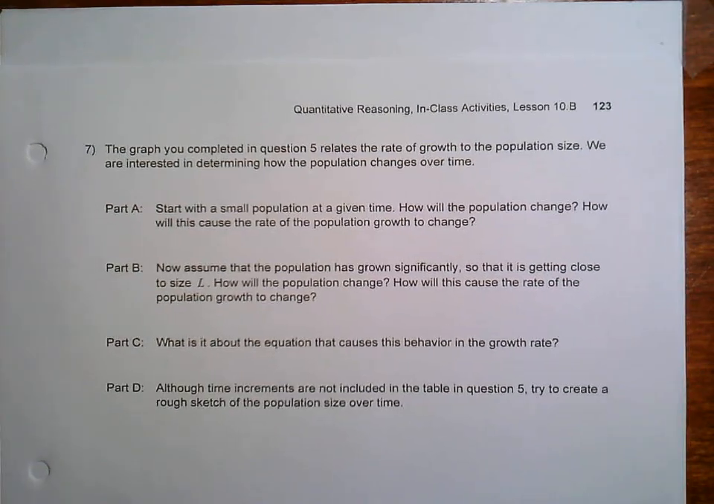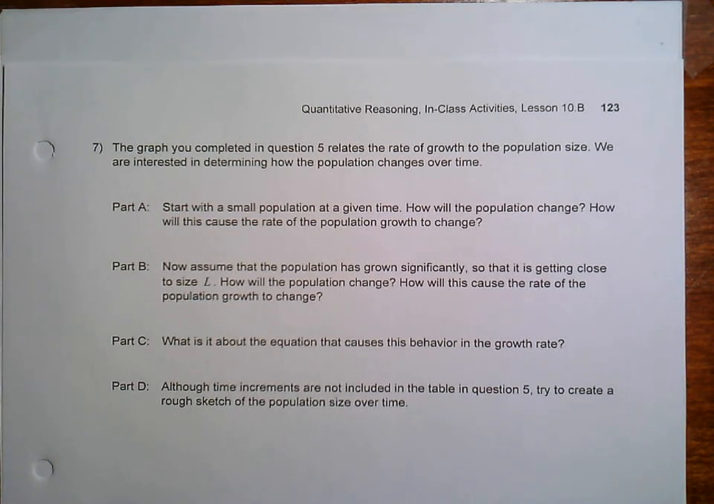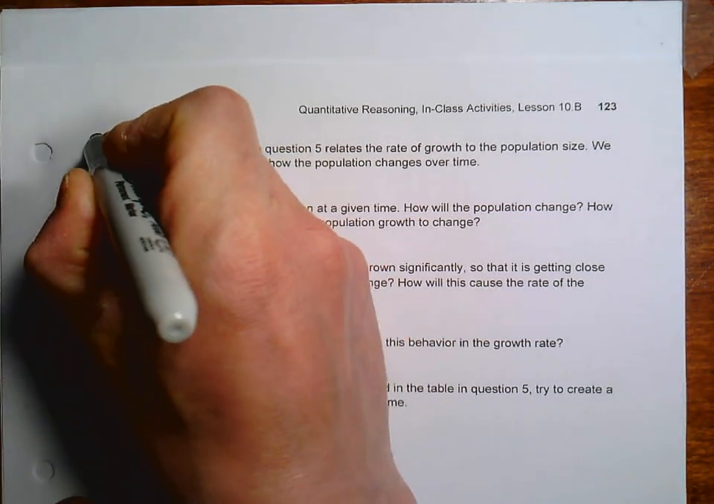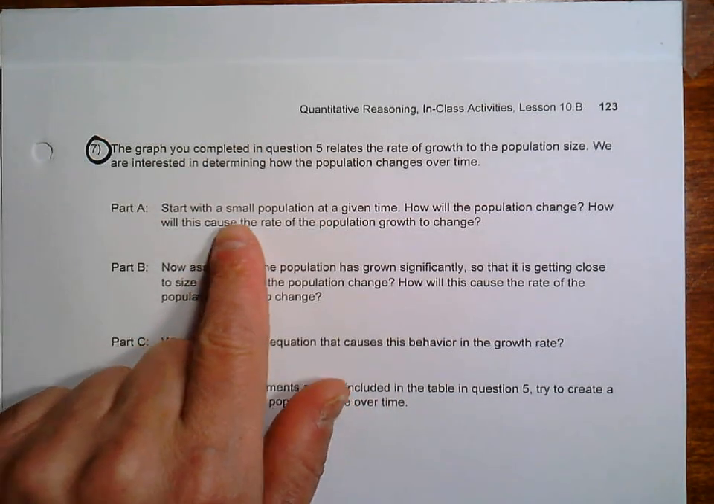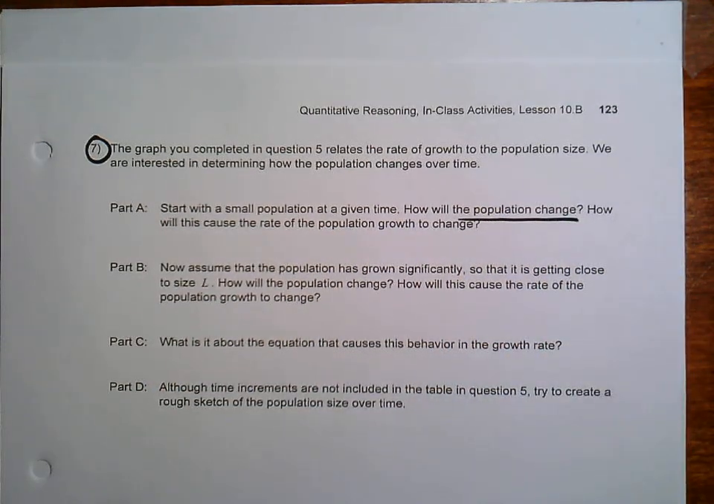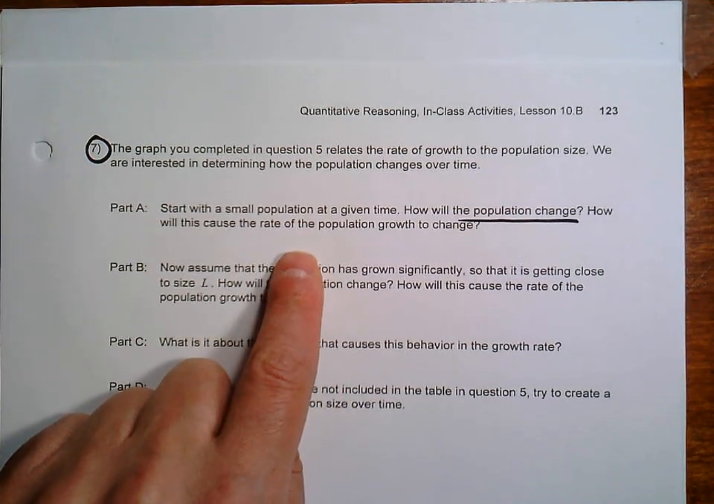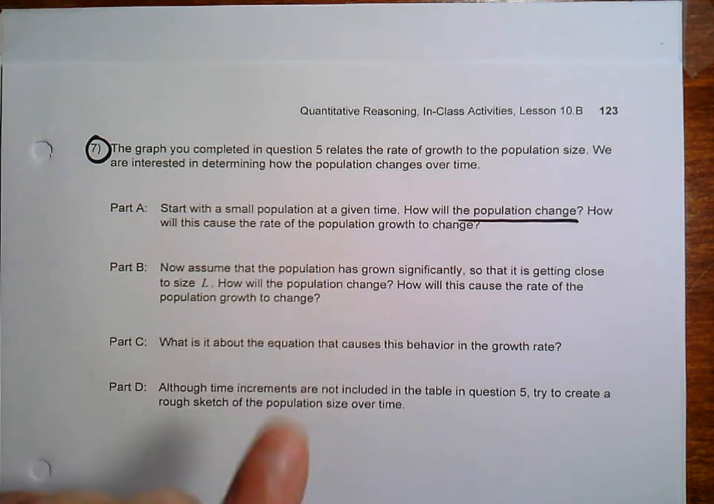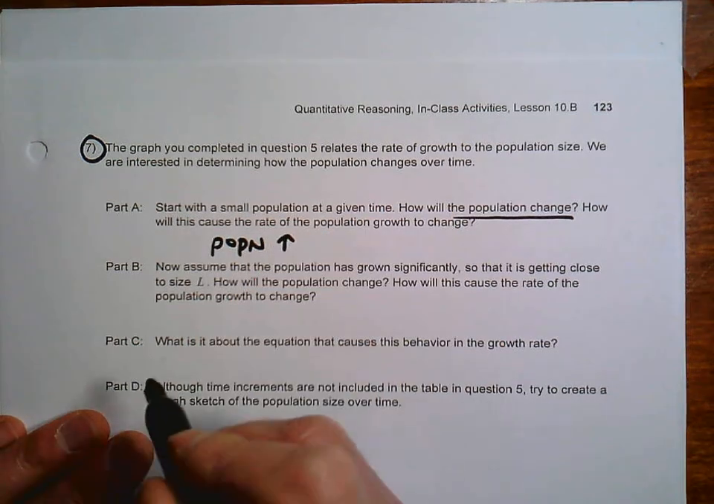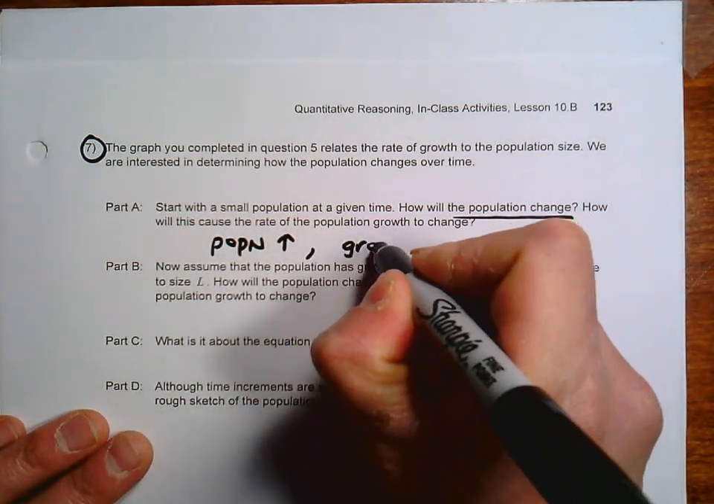All right, and then let's finish off with question 7. This is a nice question where we can look back at number 4 and 5 and then think about what a graph would really look like. So let's take a look at some of these. Here it says start with a small population at a given time. How will the population change? So this we kind of already touched on, that if the population is small, the growth rate will be pretty small. But at the same time, as the population increases, so does the growth rate. So we kind of think of it this way. If the population increases, what happens with that? The growth rate